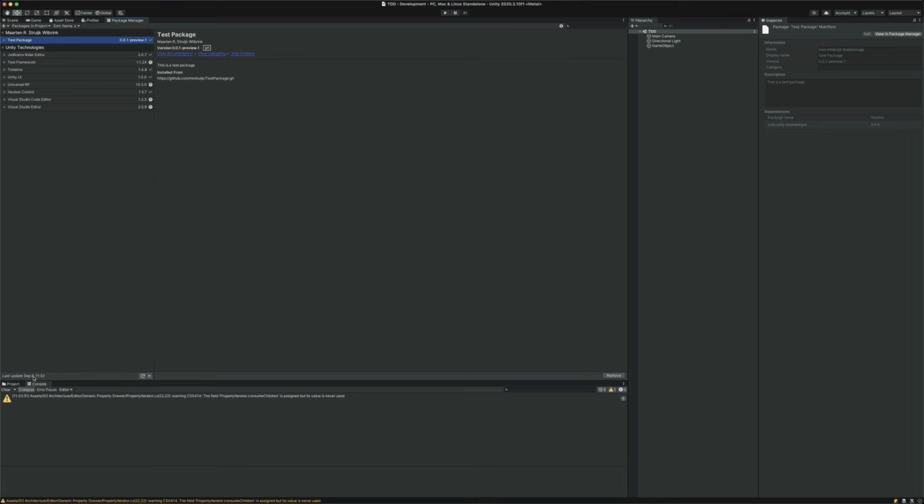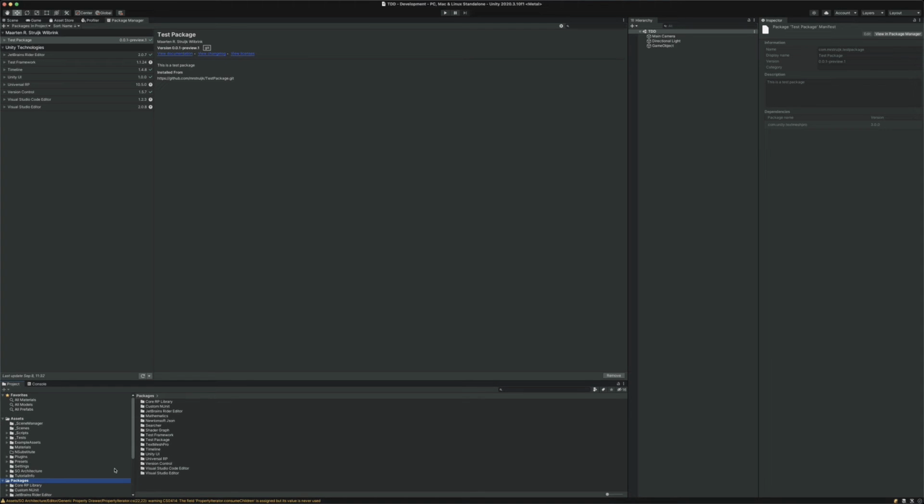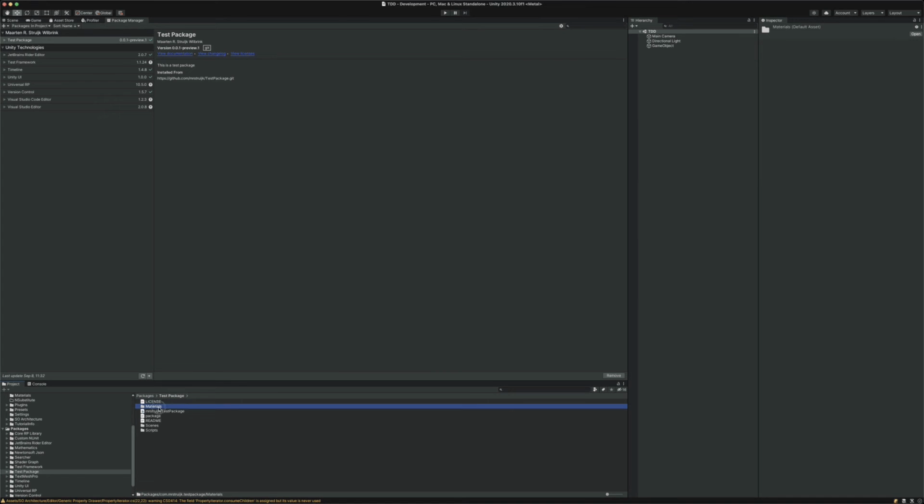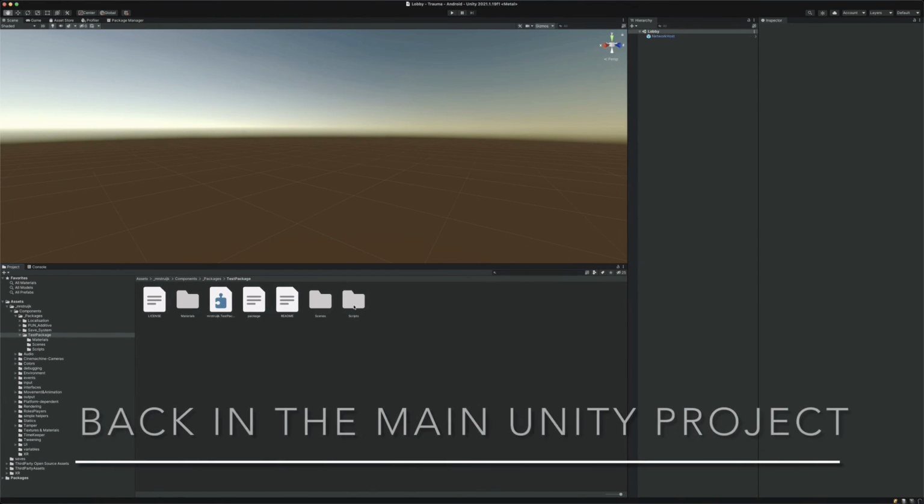If you look in your hierarchy, you'll see that your package is not showing in your asset folder. That's because the package has been added to the packages folder. Here you can see all the files and scripts that you have created. I'm now going to show how you can make changes to your